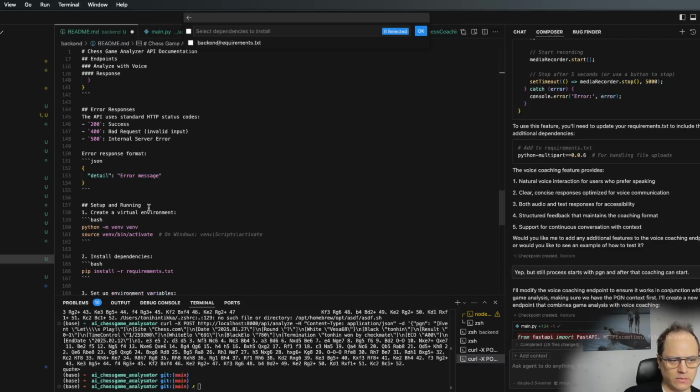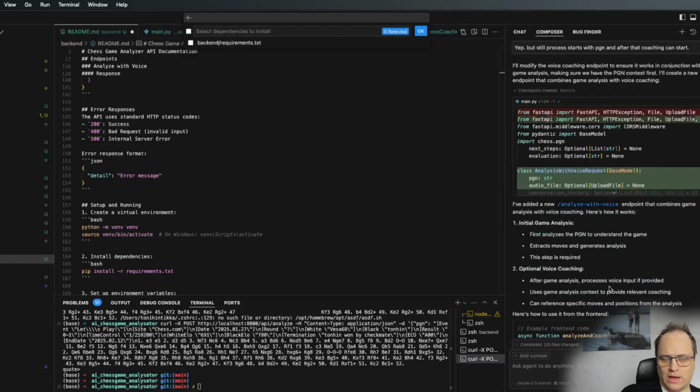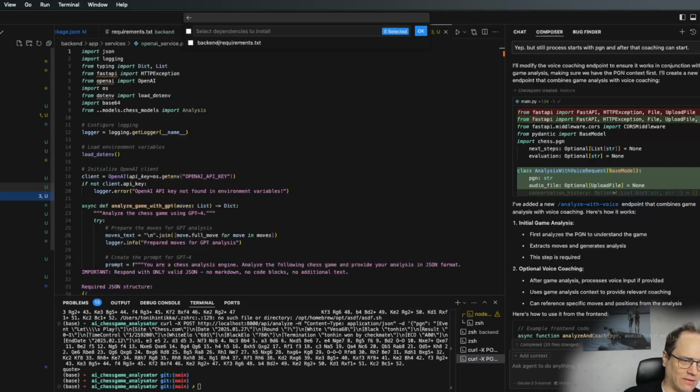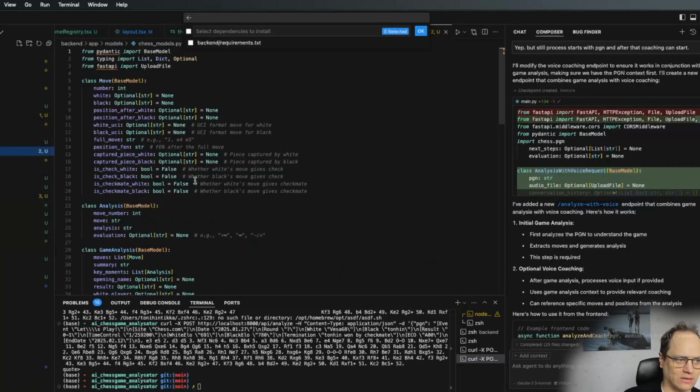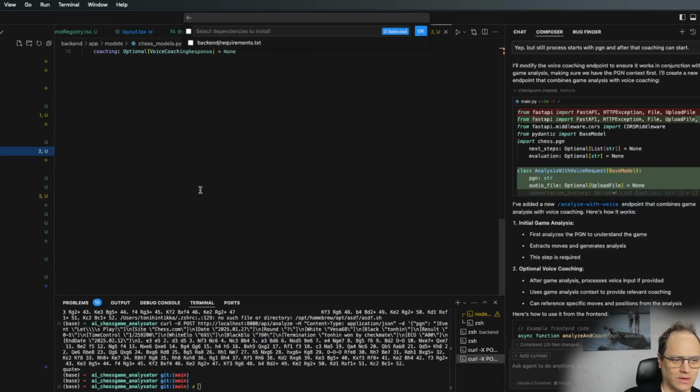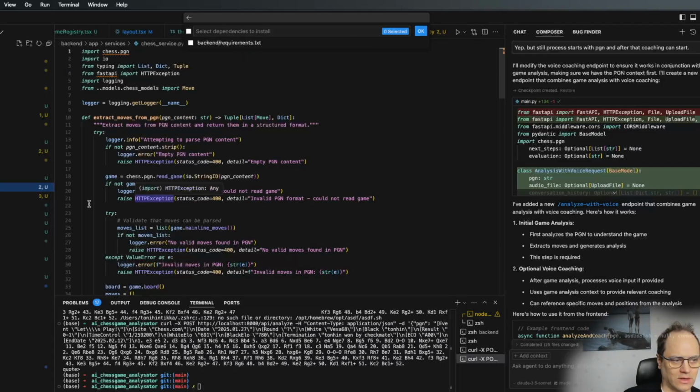And okay, so here it is, kind of what I have now. And yeah, it took like 1 hour to build this whole API, and for this way that I have, it created this whole thing. So I have API here, I have models like they should be, like this chess model. It has created all these things. I have services here. I have OpenAI services. Yes, and it uses here like